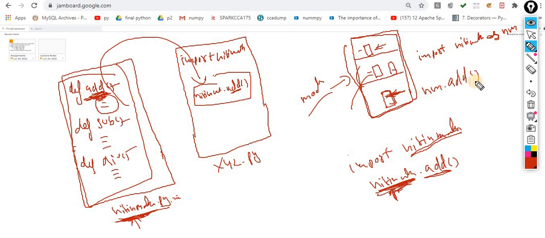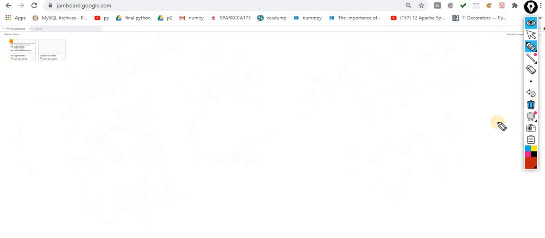Very simple way. The concept is exactly the same as whatever we learned about functions, but this time we are putting the functions inside a file, and I am giving a name to that file. Whatever name you want, you can give. That's not an issue. And if I want to call them, first I have to import, because now the link is created. Let me show you the picture, then it will be more clear.